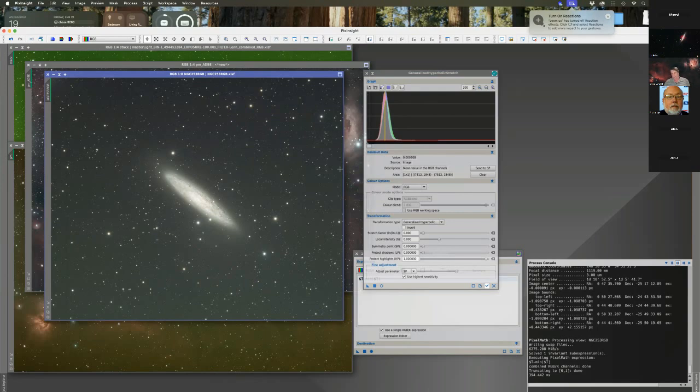So this is a step you do in linear before you start stretching. Anyway, I think that's a good suggestion on Frank's part, so I'm going to start doing that. Now the question is, when do you do the color calibration? Okay, he has a specific order. He says you start with this formula right here,